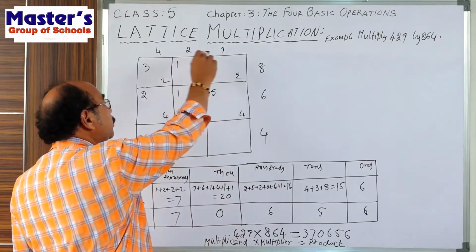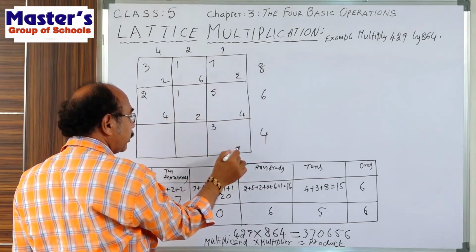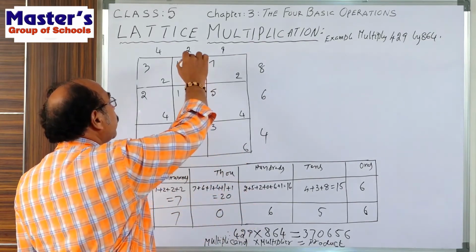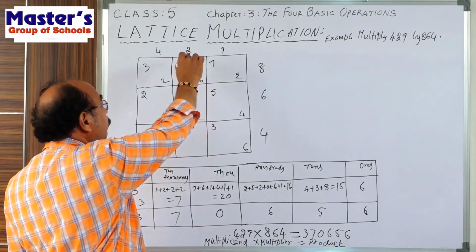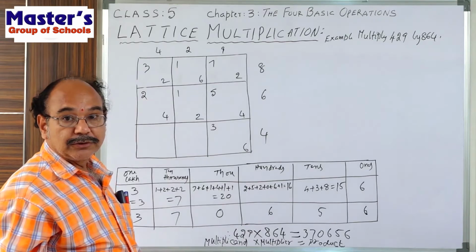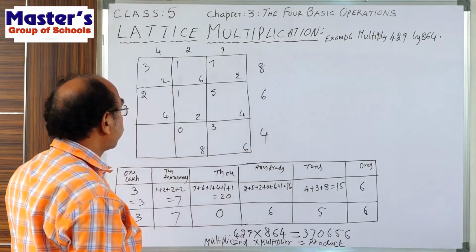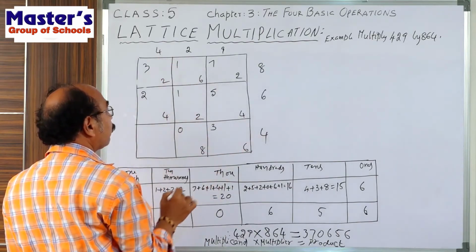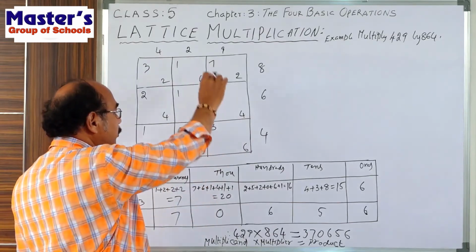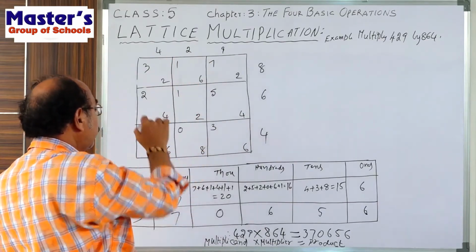Now multiply all the digits with 4. 4 9s are how much here? 36. So here write 3, here 6. And multiply here. Now 2 into 4. 2 4s are 8. 8 can be written as 08. That's why here 0 and here 2 4s are 8. Next 4 into 4. 4 4s are 16. Once again see, 9 4s are 36. 2 4s are 8. 4 4s are 16.